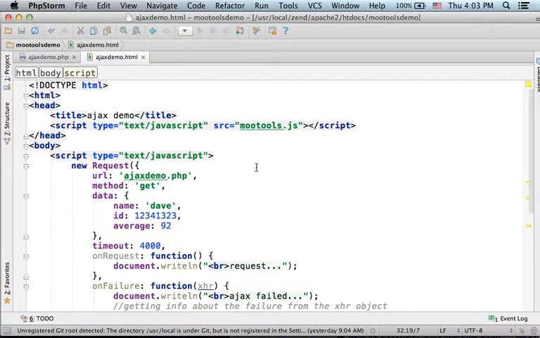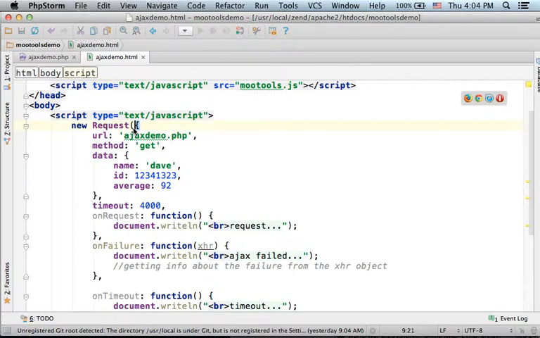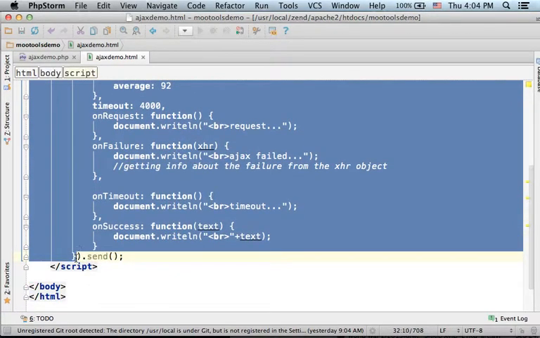MooTools provides us with the request class as a wrapper for using the XmlHttpRequest object, also known as the XHR object. Using the request class, writing Ajax becomes much simpler. First, we should instantiate request, and we should pass over an object with properties that describes the Ajax implementation we